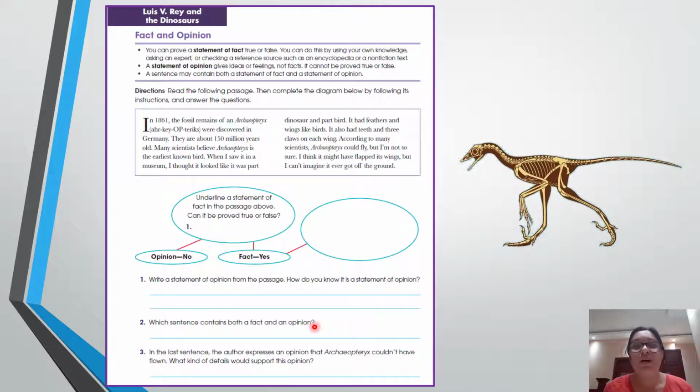now page 128. Now we are going to complete page 128. So remember, fact and opinion. Fact can be proved true or false, and opinion is just your idea, what you think about something. So right now it says that we have to read this passage and then we have to answer these ones of here. Here we have one. Number one is all this. Look, number one is this circle and also this circle. Then here we have another number 1. So I think here was 2. This one was 3 and this one was 4. I will help you with 2 and you are going to do 2. Okay? So